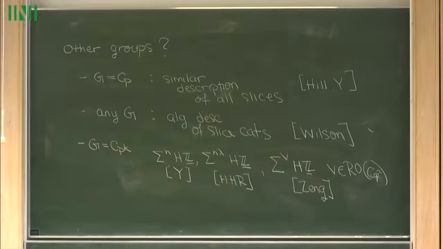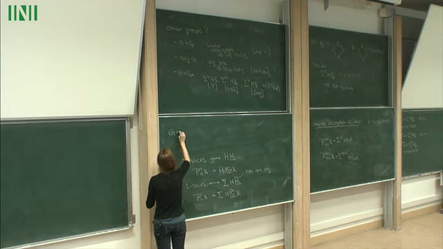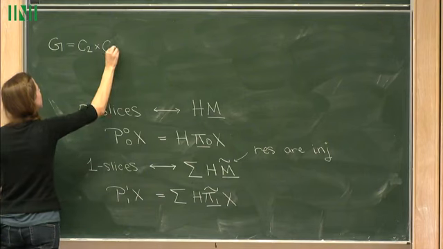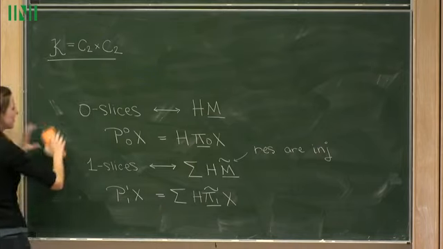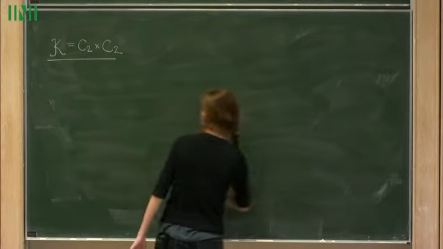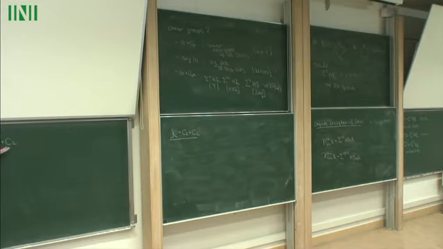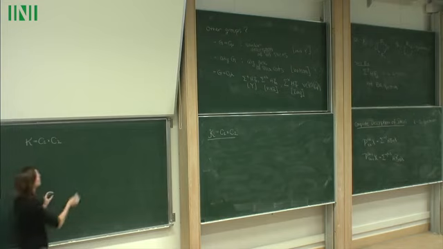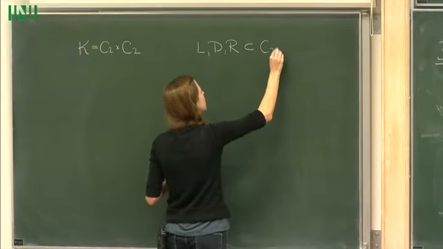All right. So for the rest of the time, our group will be the Klein 4 group, and actually I will just write K to denote it. Okay, so what objects do we have here? Ooh, and actually I'll write these here and we can save them. So inside of our Klein 4 group, we have 3 subgroups of size 2, and I'll denote these L, D, and R.